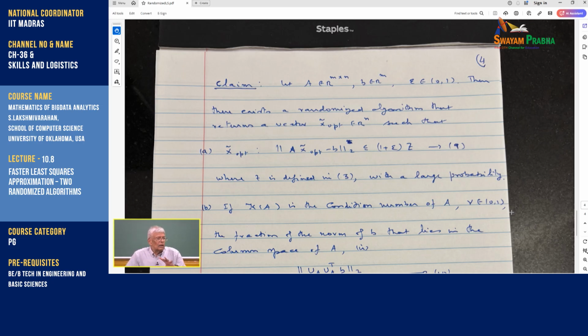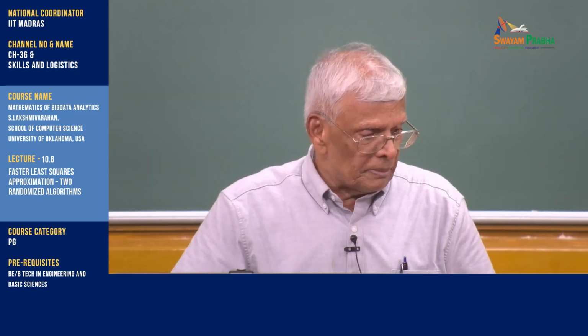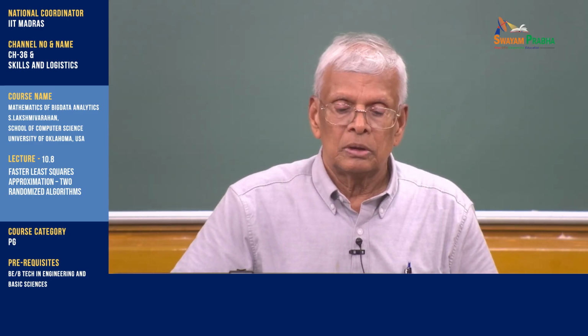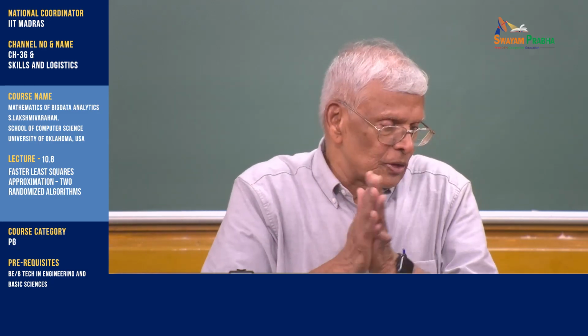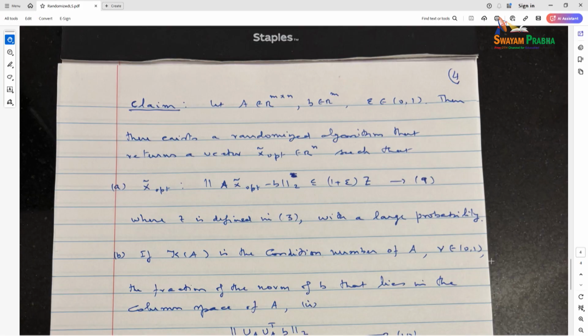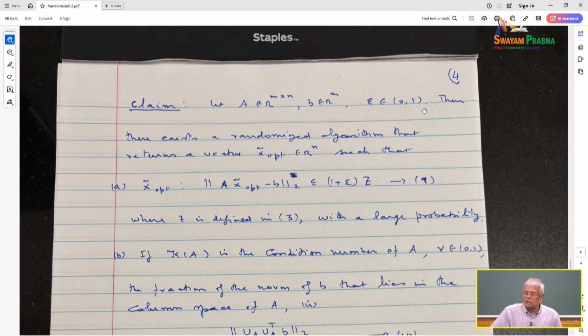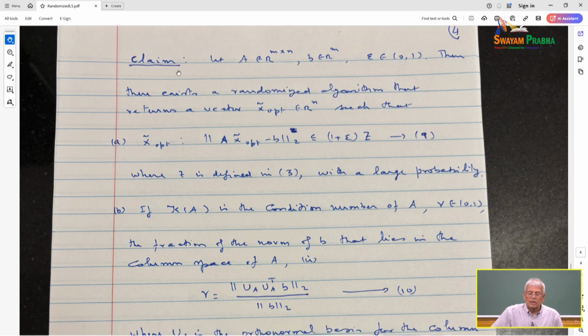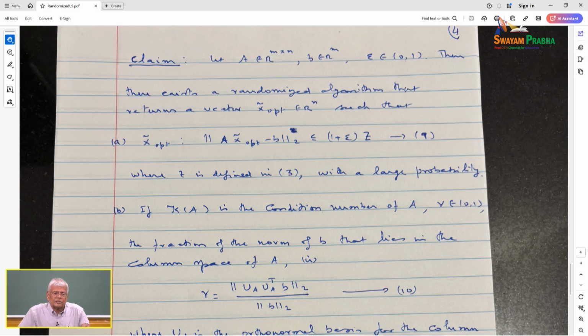There are a lot of mathematical details involved, but I am going to give you the claim. A claim is kind of a theorem. So, instead of calling it a theorem, I am calling it a claim. So, what is the theorem? Let A be an m by n matrix, b an m vector, and epsilon a number between 0 and 1. Then there exists a randomized algorithm, either the selection type or the random projection type. Please understand, the proof follows very similar lines. There exists a randomized algorithm that returns the vector x tilde optimum